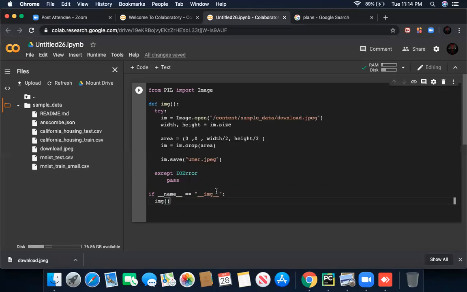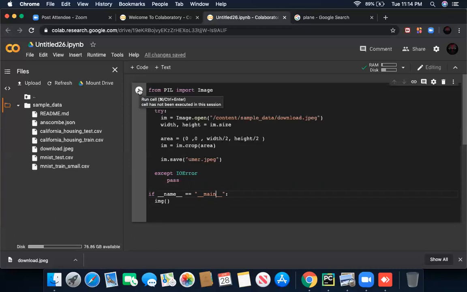We are going to make a little bit of a difference: make it main. Okay, now we are going to run this program using this button.